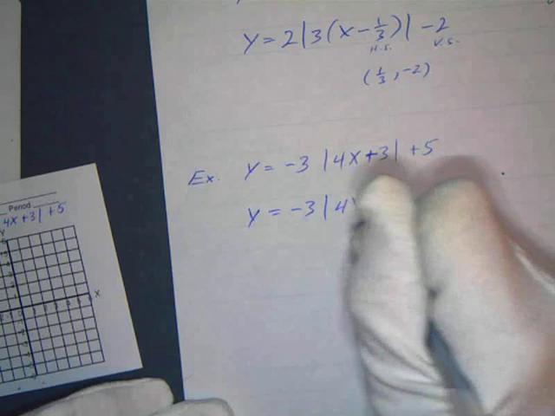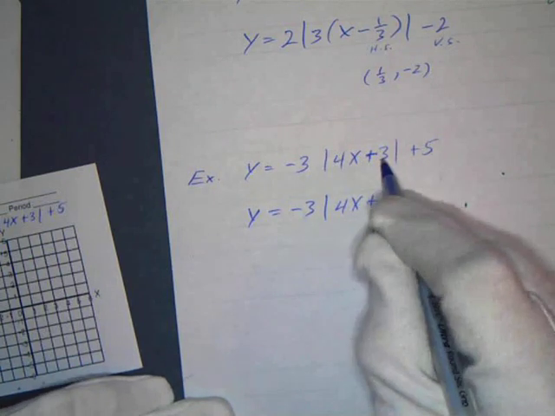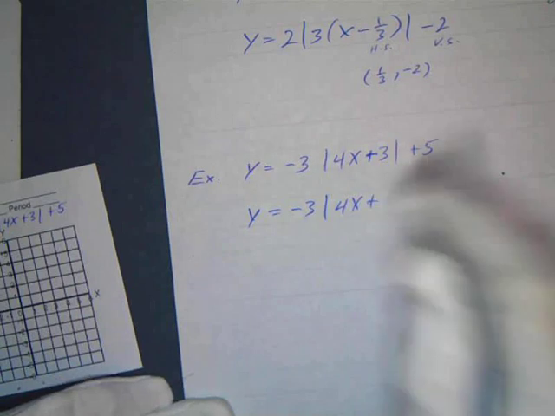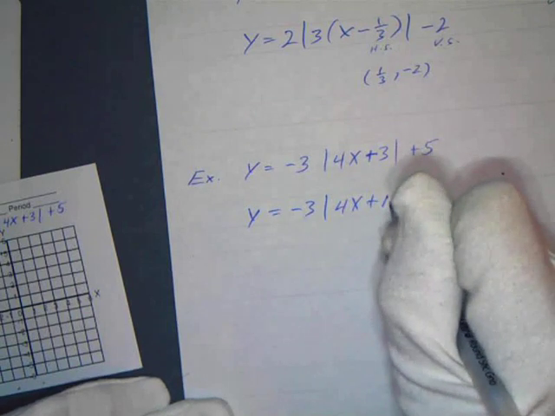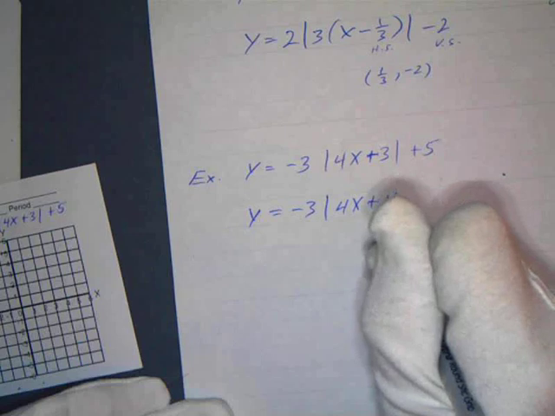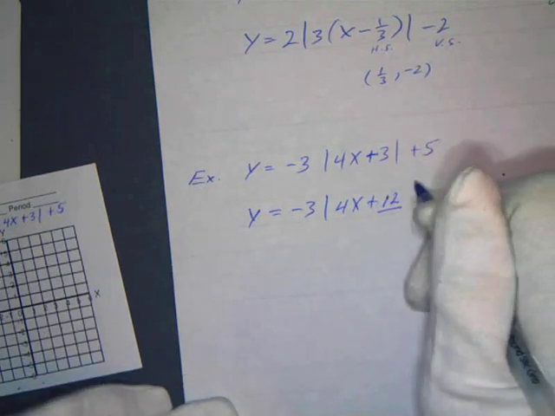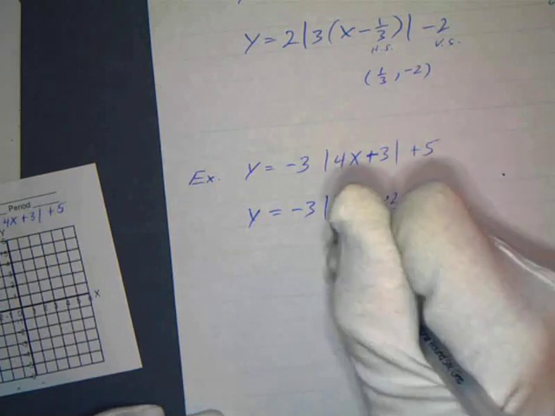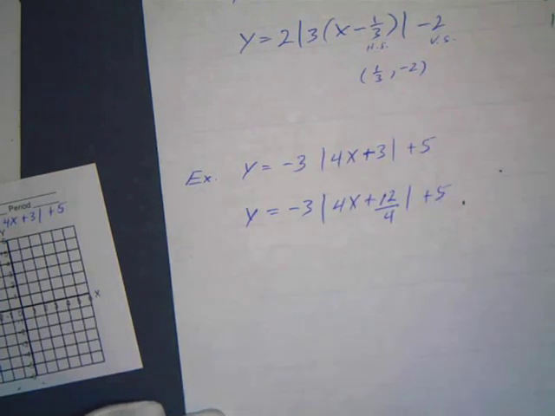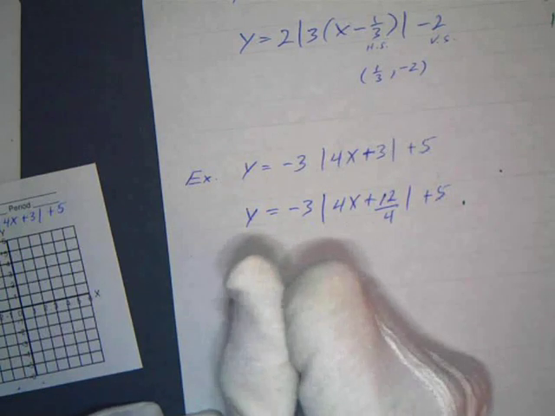I've got 4x plus, and I want to have a number that's divisible by 4. 6, no. 9, no. 12, so I have to multiply this by top and the bottom by 4, so I get 12. And this is like 3 over 1, so 12 over 4. And 12 over 4 is the same thing as 3, but only 4 goes in there, so that's going to work. Okay, now I'll